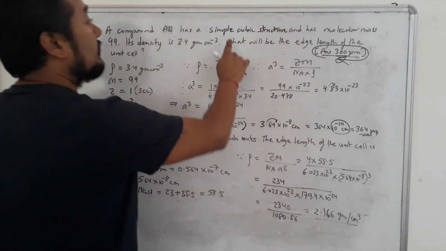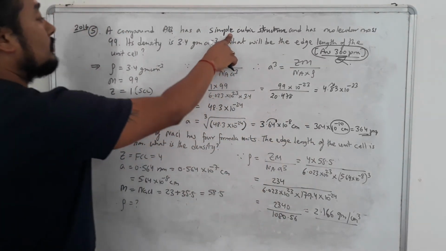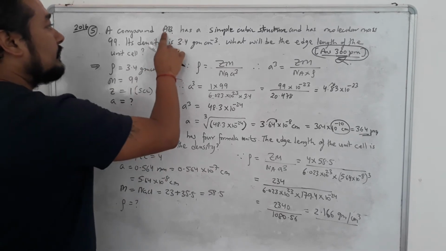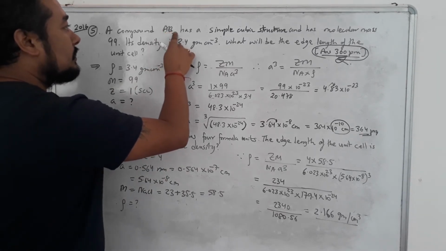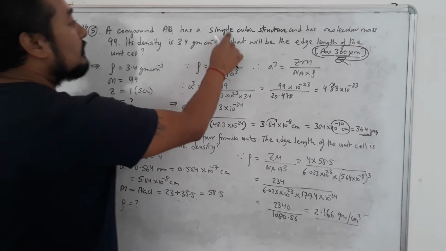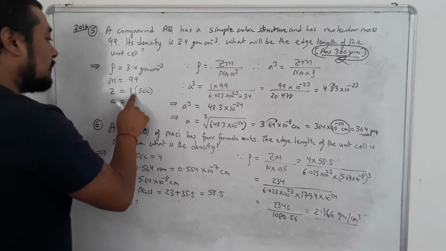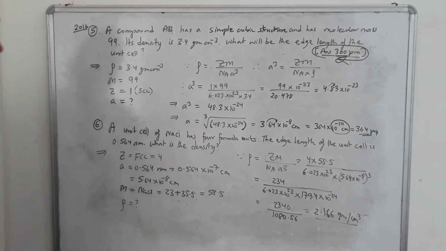And do remember, students, if the cubic unit cell is not mentioned, we find Z with the help of the formula. 2, so 2. If it is AB3, A1, B3, so it will be 4 like that. But if it is mentioned, simple cubic unit cell, body-centered, face-centered, that time it will be 1, 2 and 4. Now we go to question number 6.